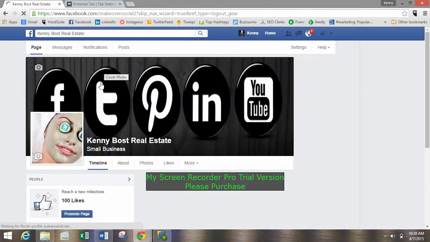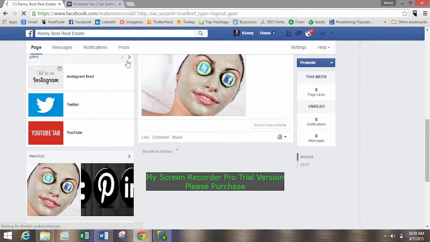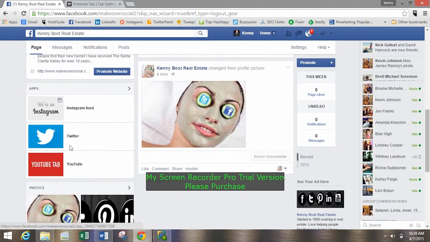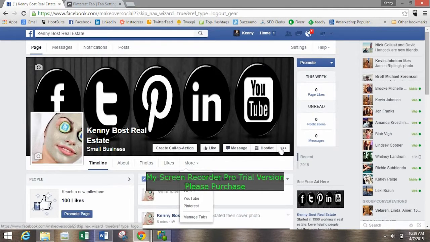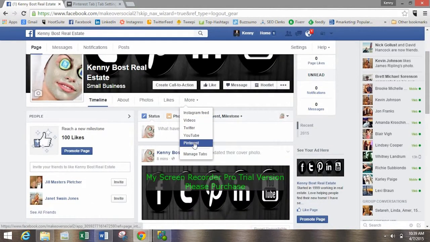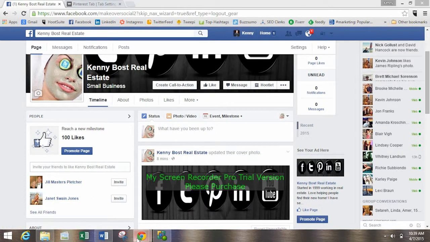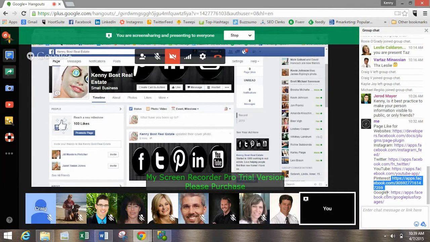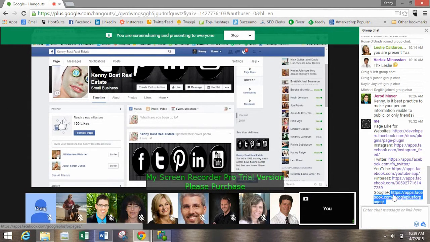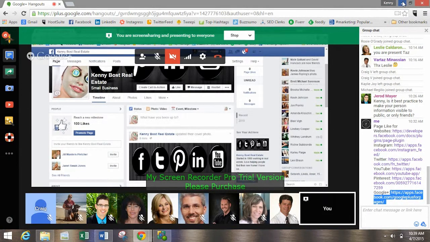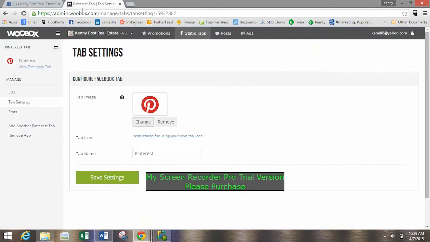So now on the left hand side here, it always only shows 3 apps. But on the top here, if you click, you'll see the rest of it. We have Pinterest, YouTube, Twitter, and what our last one is going to be is Google Plus. So we grab that Google Plus link that I sent in the chat, go back into here, paste it, enter,